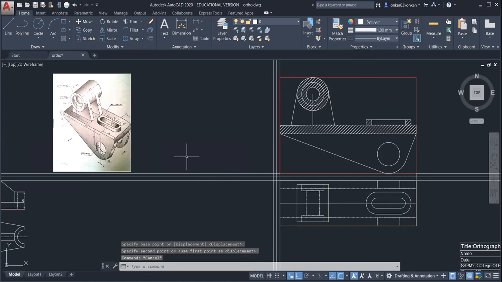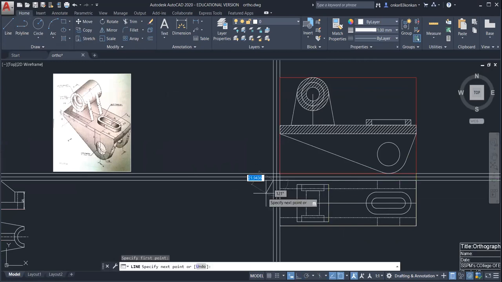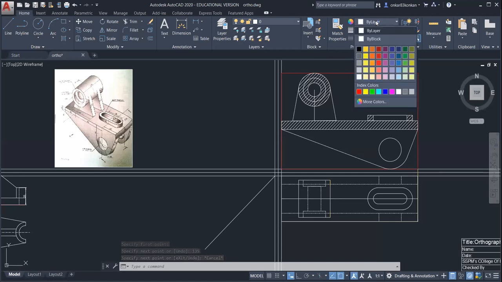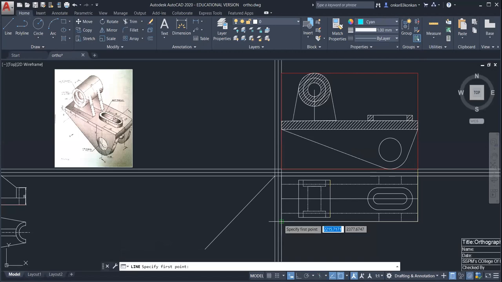Okay, now for the right hand side view, draw the 45-degree line. And take the projection from the top view.